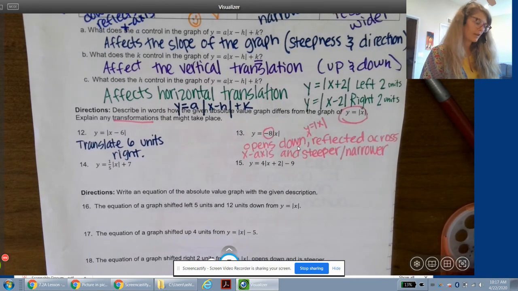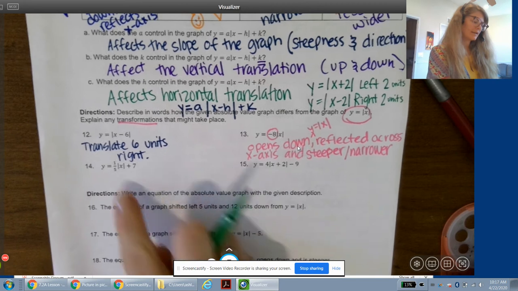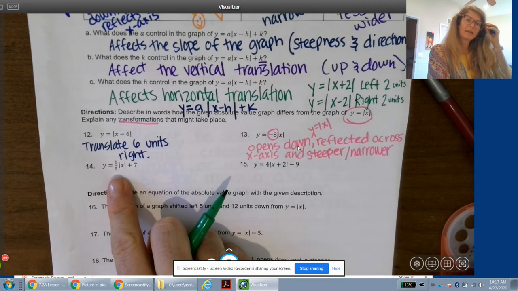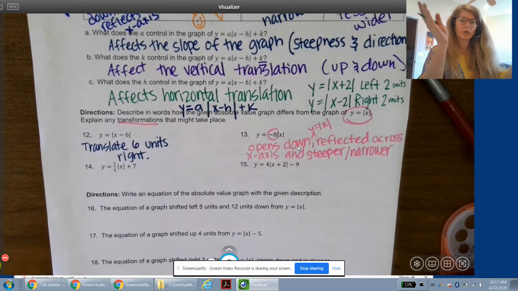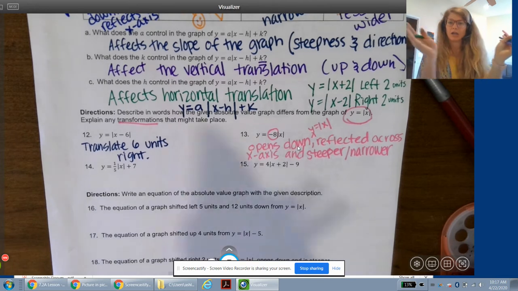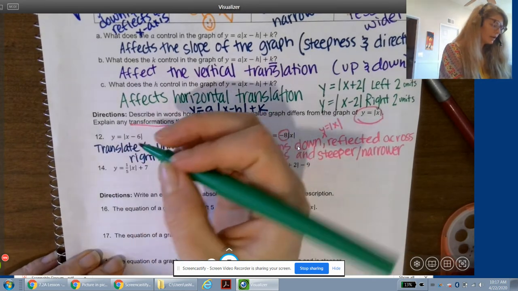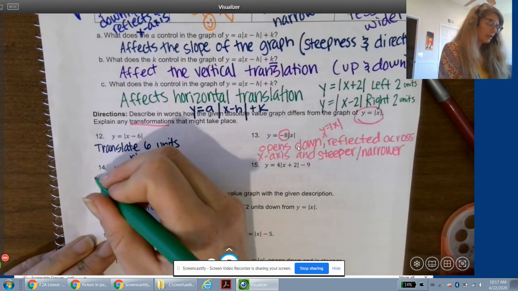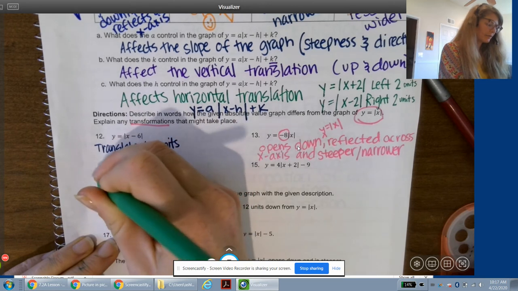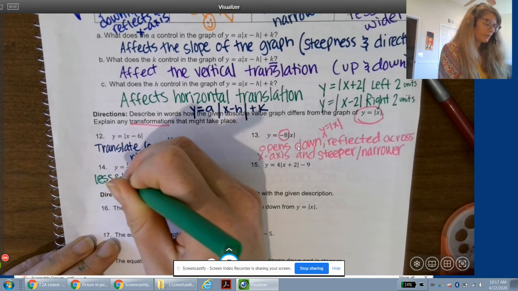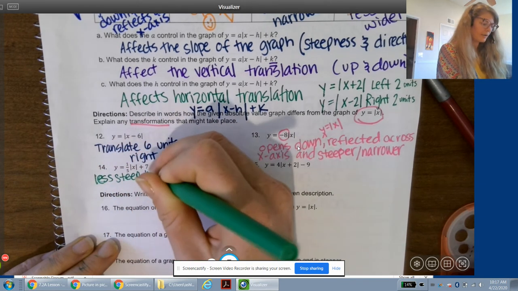Cool. Next one, number 14. This is a fifth. It's going to make the graph be wider. It's growing slower, at a lesser rate. So less steep, wider,